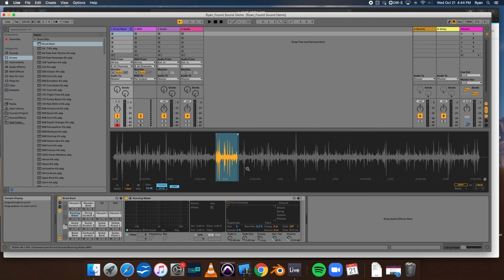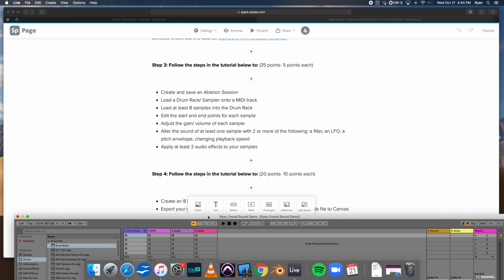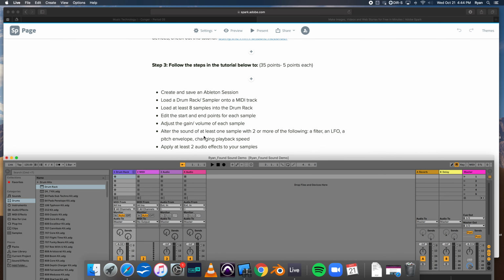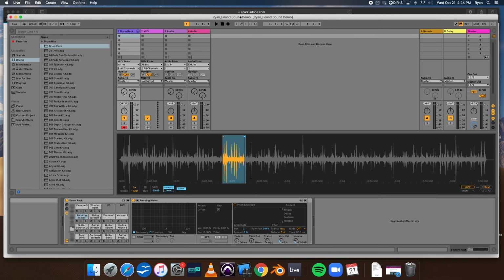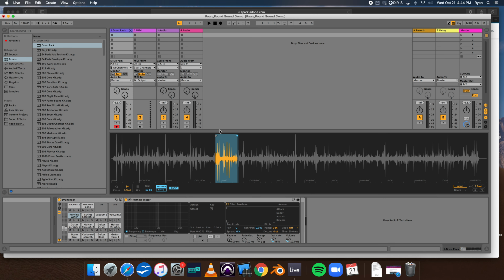And in the assignment, if we look at the requirements right here, you need to alter the sound of at least one sample with two or more of the following. So I'm going to show you all of these options here. And I'll show you a couple extra ones too, just so you can check out all the different ways you can change your sound. You can really take a very normal-ish sound, like this one is just running water,